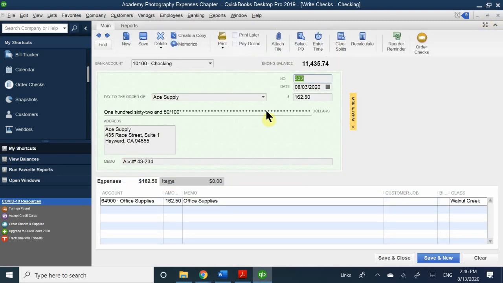So, when you have this, if you click the option that you're going to print later, then you're not going to have an account number, a check number. Because what happens is the minute you print it out, it will stamp a check number. So I can be writing 10 checks right now using the write a check window, and if I click print later, it will not assign a number to the check until